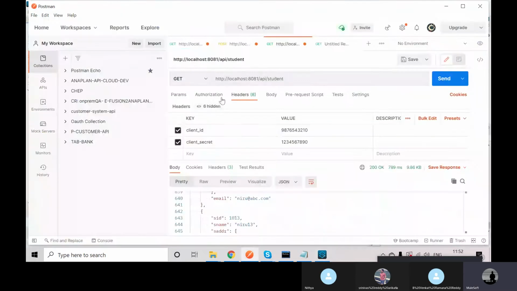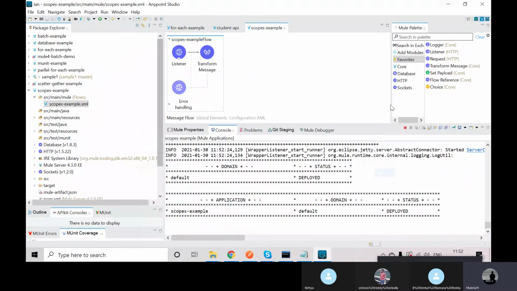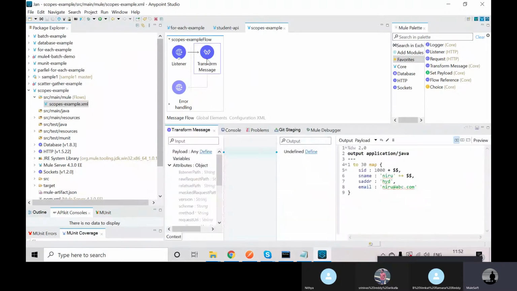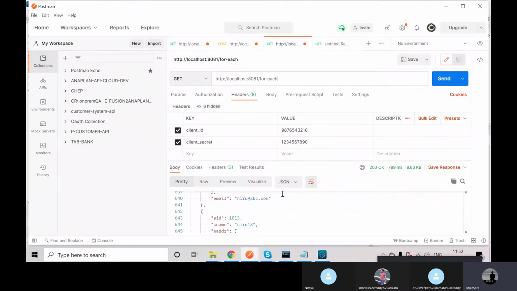I'm hitting from the browser: http localhost 8081 for each. First it will go to the listener, create 30 records, and show them in the browser.